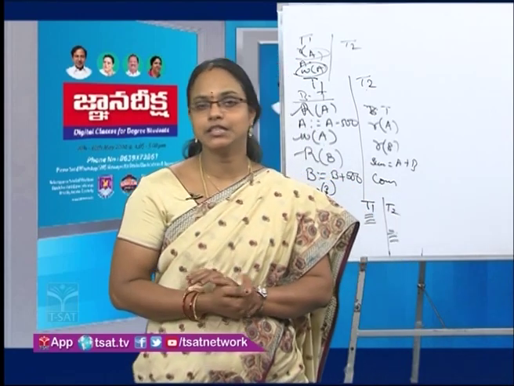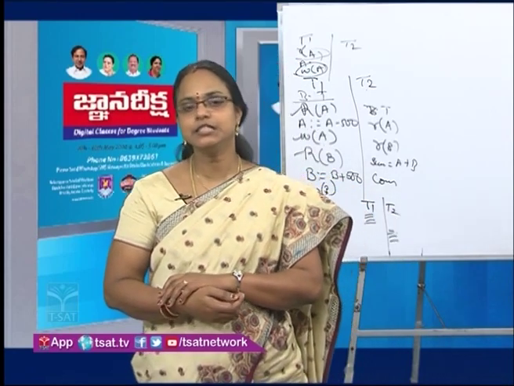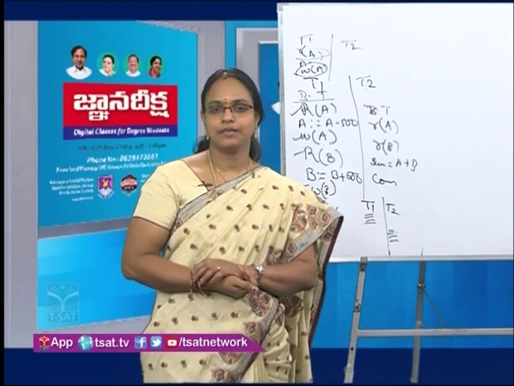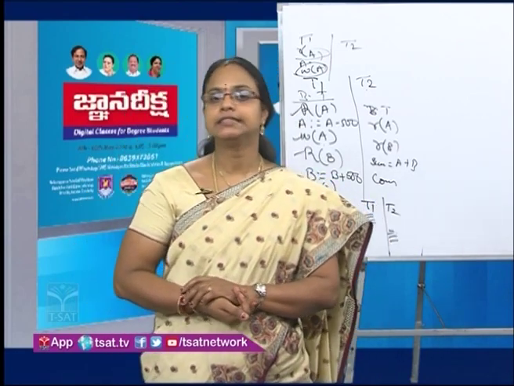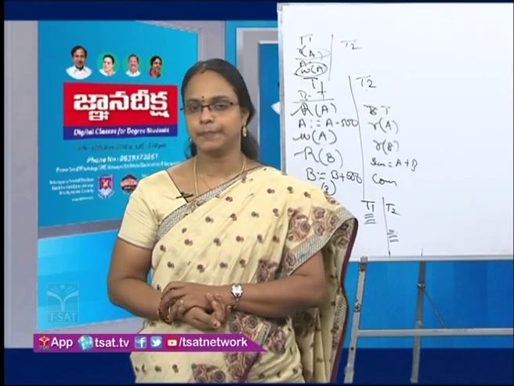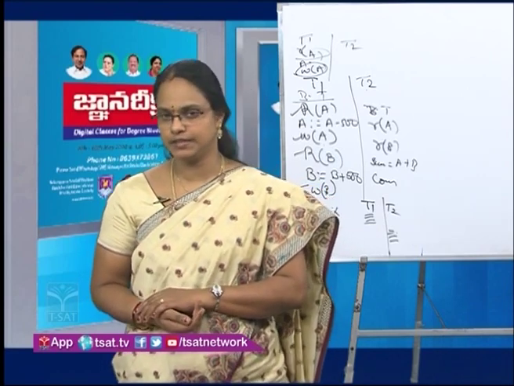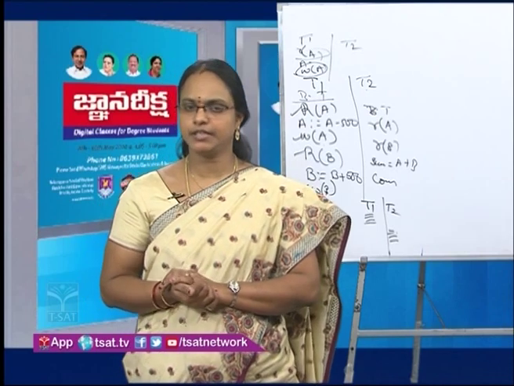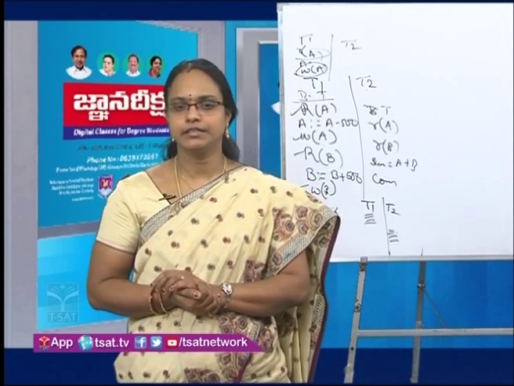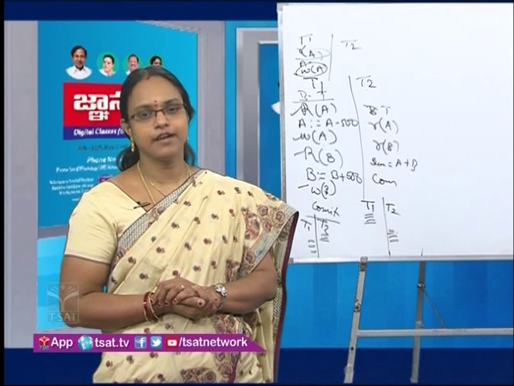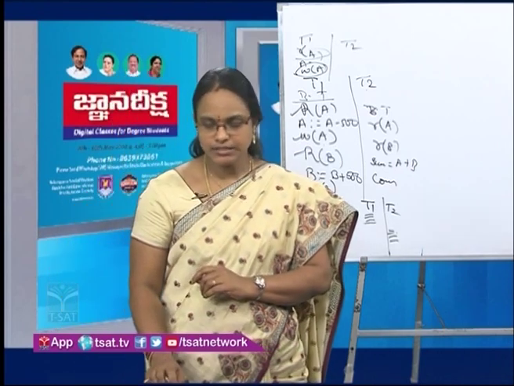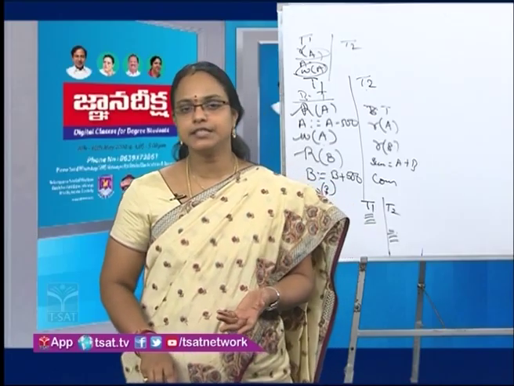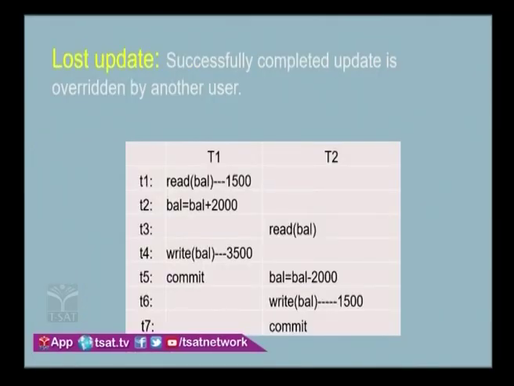It will lead to 3 major problems. The first problem is the lost update problem. The second is the dirty read problem, or uncommitted dependency problem. In different textbooks, different headings are given, so you can go for anything. And the third one is the phantom read problem, or inconsistent analysis problem. We'll see one by one what problems are raised because of this concurrency. First, we will see the lost update problem.